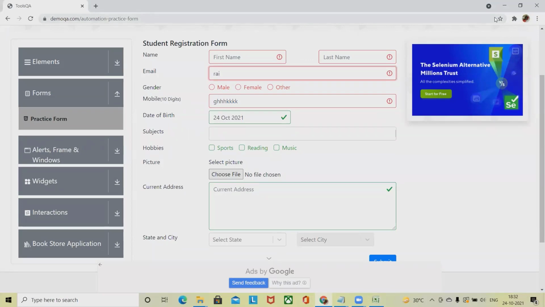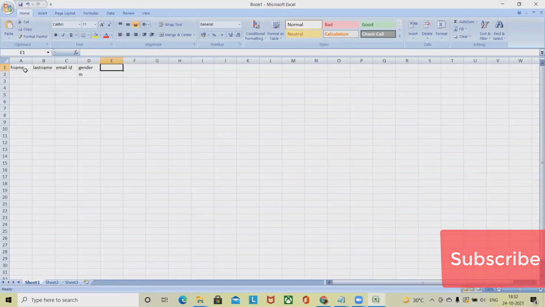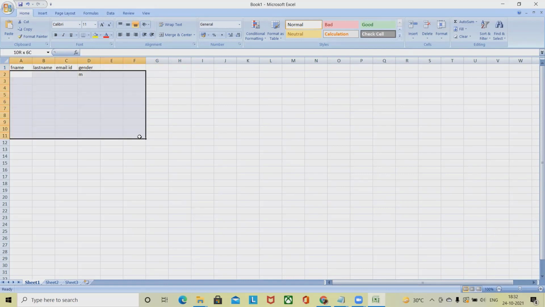So all these fields should be available here in the main component or in the header section, so that the user can enter all of these details into this section, or the bot should copy these details from this Excel sheet and paste them into the input form. So this is how we can prepare the test data.